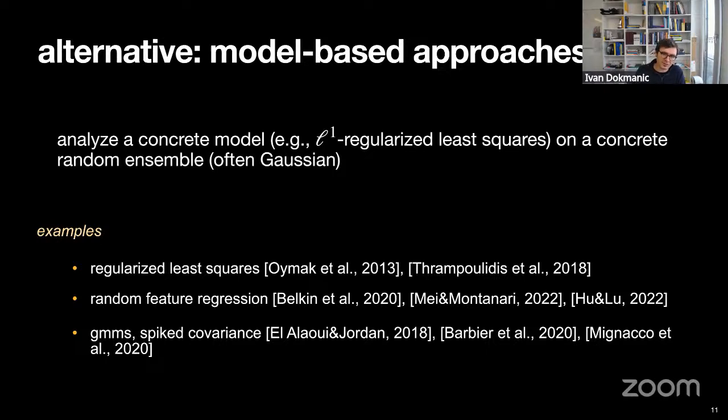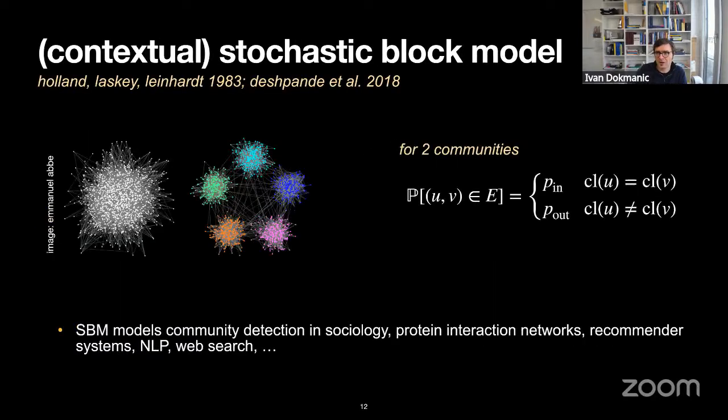There are many examples that are more recent. We had similar analysis in compressed sensing using things like Gaussian comparison lemmas and convex Gaussian min-max theorems. For random feature regression, we have precise analysis based on random matrix theory for GMMs, spiked covariance models, and so on. This is the kind of analysis that we would like to do also for graph neural nets. Now the question is, what is the right model to look at? The right random generative model, the simplest thing that we could look at for graphs? The premise of this talk is that a really good one is the contextual stochastic block model.